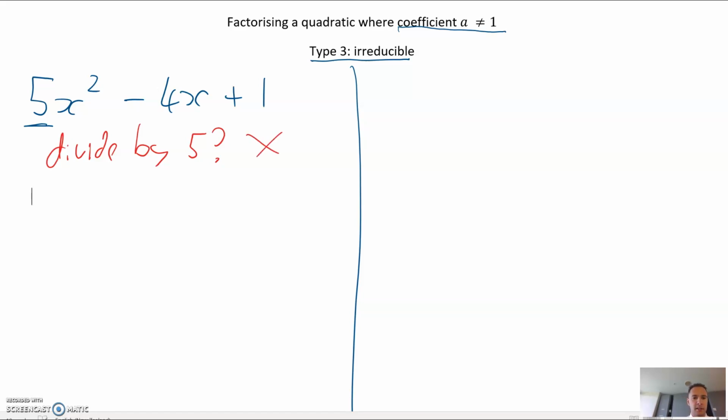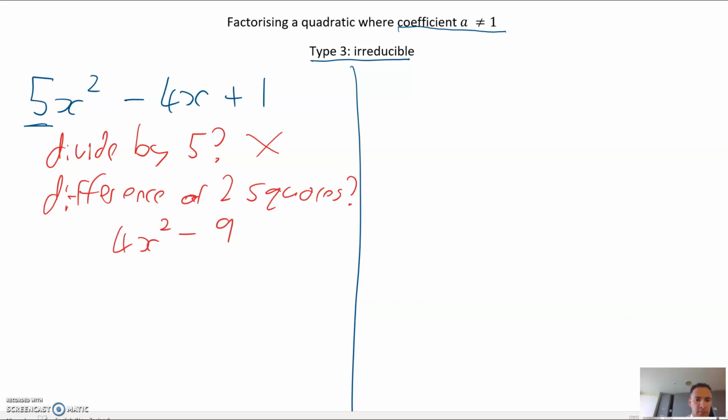What about, is it the difference of two squares? And what does the difference of two squares mean? That's something like this. We've got a square here, 4x squared, and a square number here, minus 9. And there's no x term. Is that our situation? No, it's not, because we've got negative 4x. So you can't take out a common factor, and it's not the difference of two squares. So we've got nothing left to do